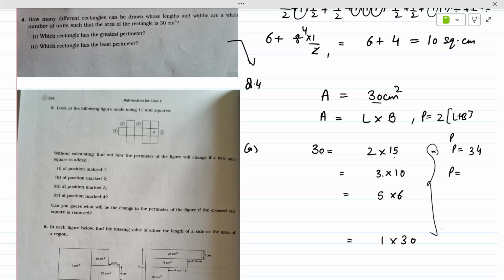In the next case, what we have is 30 plus 3 plus 10 is 13 into 2 is 26. Next, 5 plus 6 is 11 into 2, 22. And the last one is 30 plus 1 is 31 into 2 is equal to 62. So if you see here, which rectangle has the greatest perimeter? So this rectangle, where this is 1 and this, sorry,